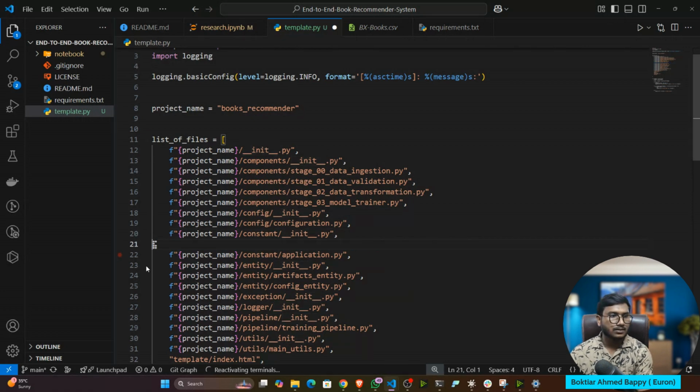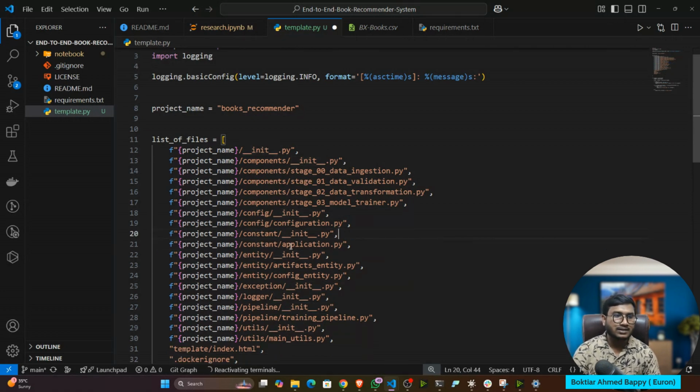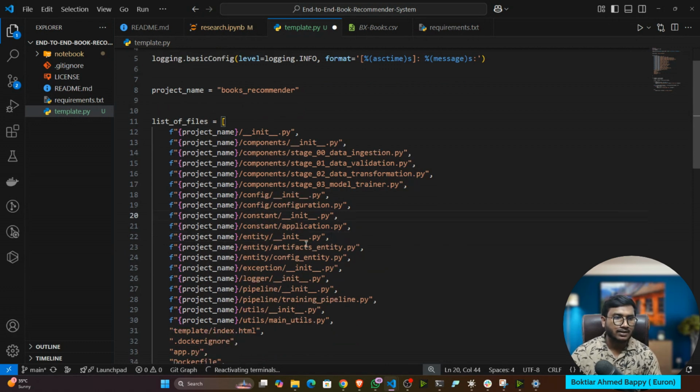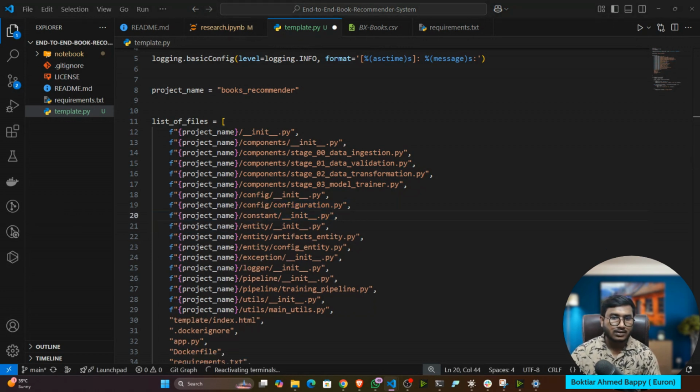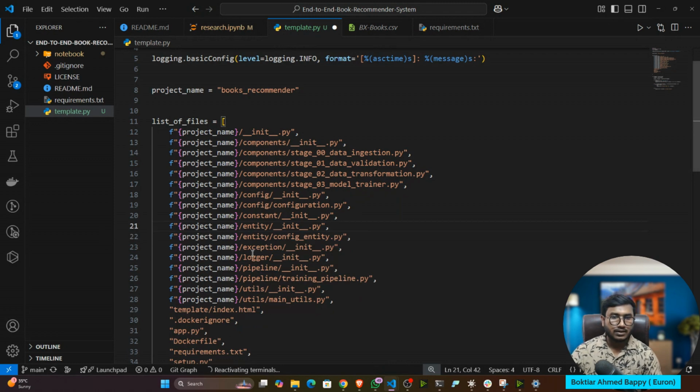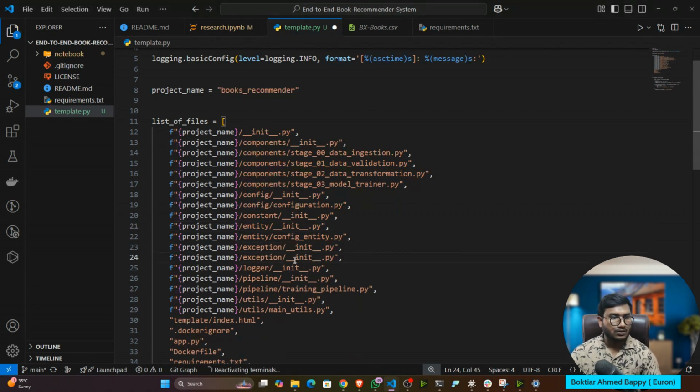I don't need this one. See guys, I'm modifying this template, and I'll explain what I have done here. First of all, let me modify it because this is my previous project template I'm using. Then constant I don't need. Entity I need; inside that, I will create only one entity called config entity. Artifact I don't need. Then I need exception; here I'll create a file called exception handler.py.